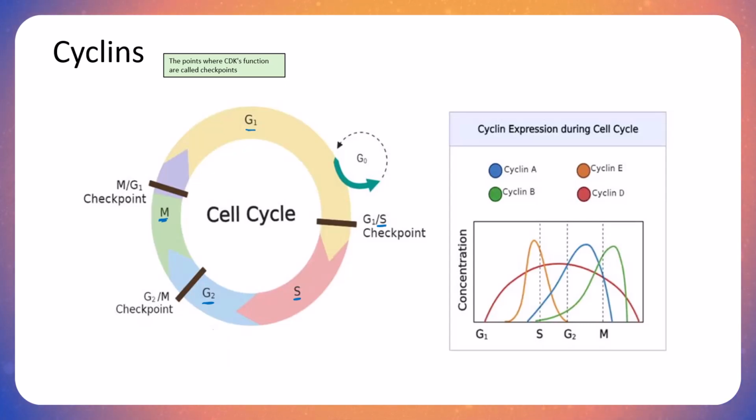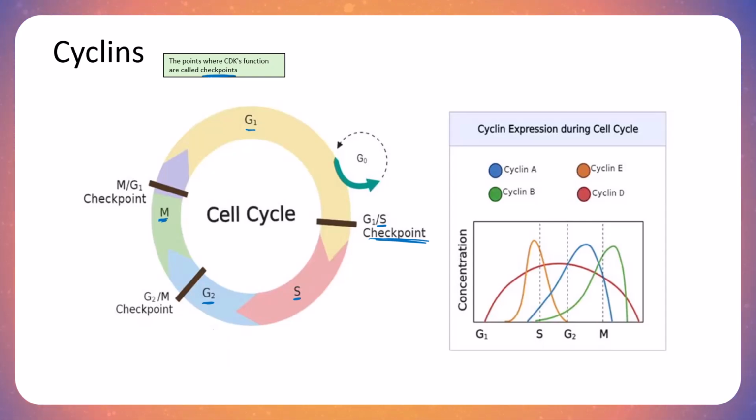So the points where CDKs function are called checkpoints. And you'll notice that there is a G1/S checkpoint, which is the regulatory checkpoint that will allow a cell to progress through G1 and enter S. There is a G2/M checkpoint, which again is a checkpoint that will allow a cell to progress from G2 into M phase. And then there is an M checkpoint, which will allow it to progress through mitosis, specifically from prophase,